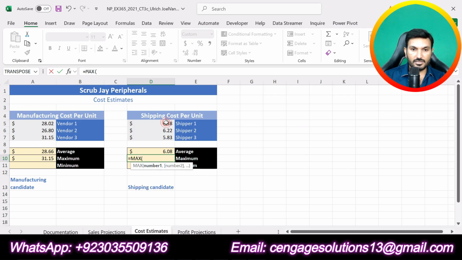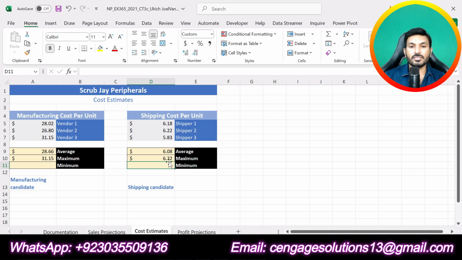And from here, select this range that is D5 up to D7. And you can see that 6.22 is the maximum shipping cost per unit because 6.22 is the maximum among these three values. So we got the average and maximum manufacturing cost per unit and the shipping cost per unit.